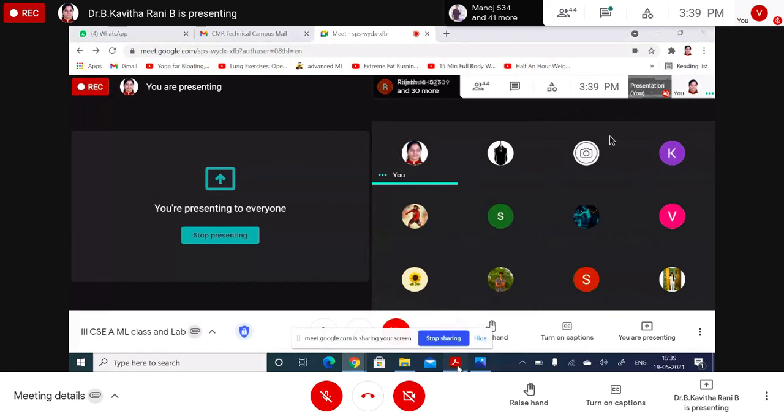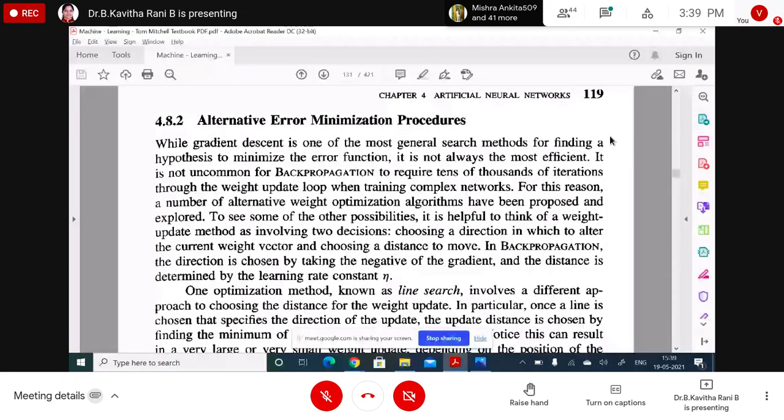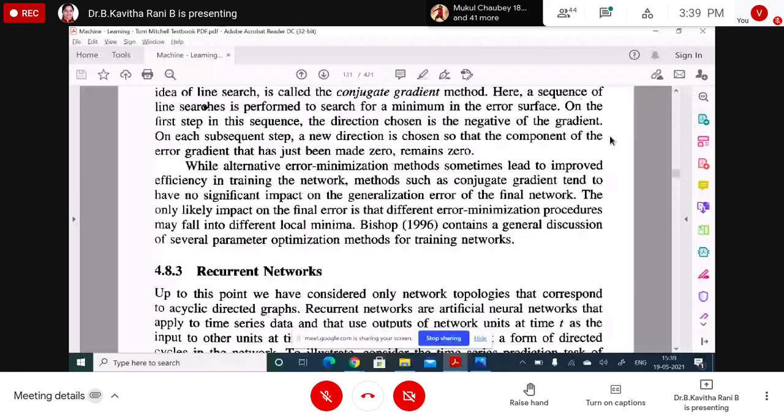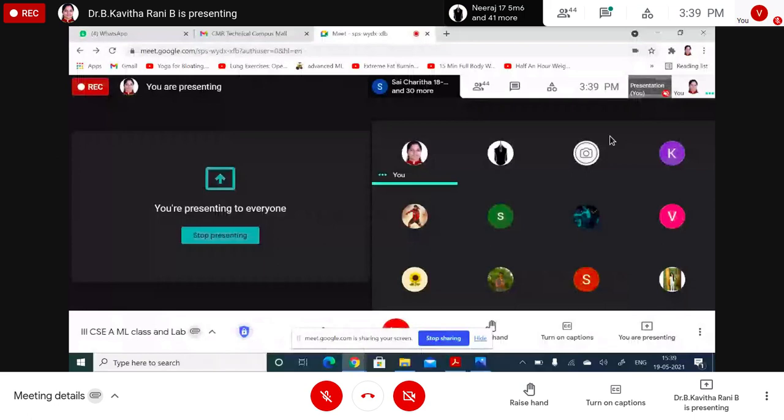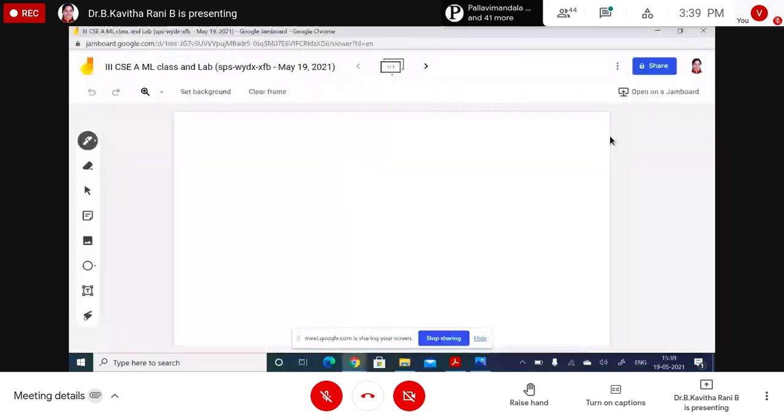So in alternative error minimization methods, we have seen line search. Next is the conjugate gradient method. Second method. What is the conjugate gradient method? So the conjugate gradient method is nothing but, for example,